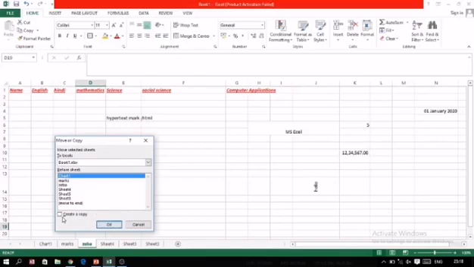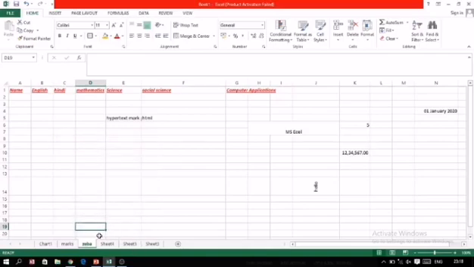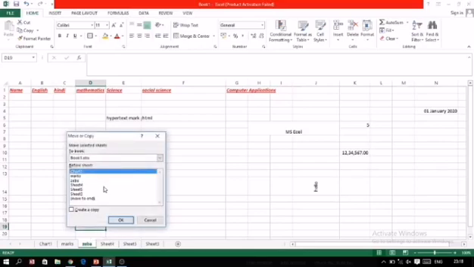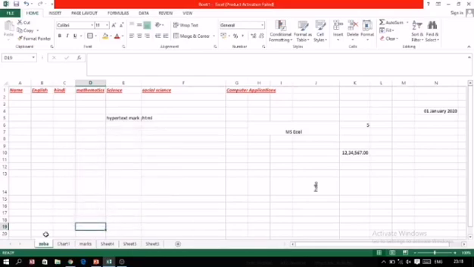If I want to copy it, then I have to select the option create a copy, and if I want to move it, then there is no need. First I am moving it, then I will copy it. Again I am explaining how we display this dialog box. Right click on the particular sheet which you want to move or copy. There is an option move or copy. Click on it. If you want to move, there is no need to select this option, and where you want to place this particular sheet, I have selected before sheet Chart 1. Click on the OK button and then it will be moved.